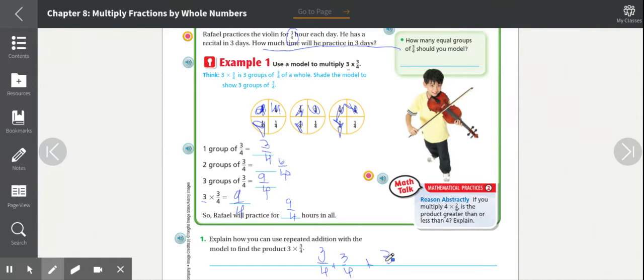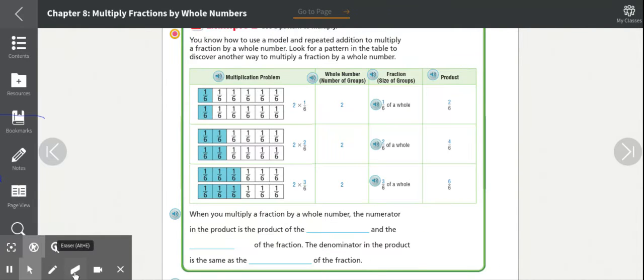So we have 3 groups of 3/4, or 3/4 plus 3/4 plus 3/4, or 3 times 3/4. Okay, we could also use patterns and see a pattern. So if we use a model, we could see the repeated addition, and we could also multiply by a fraction